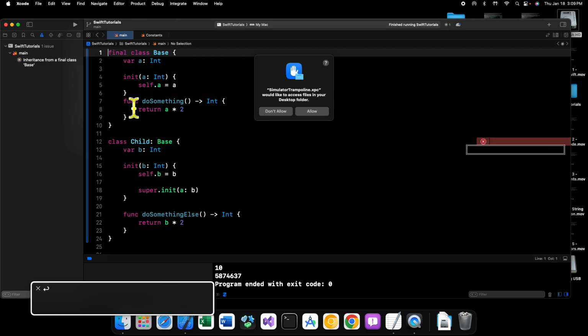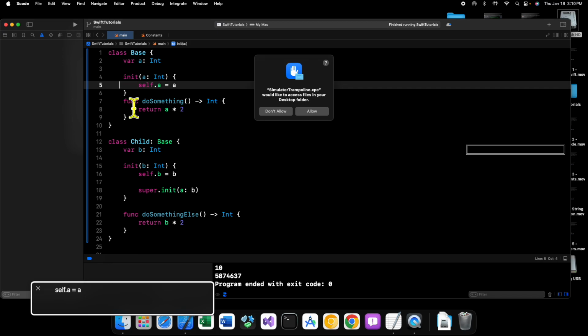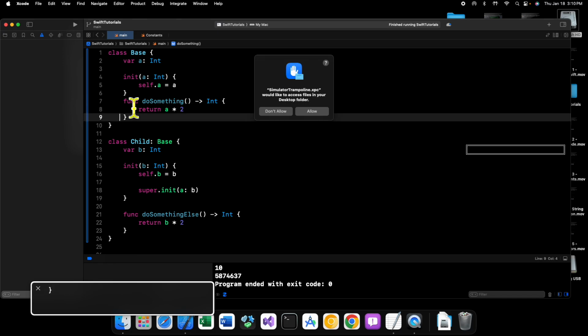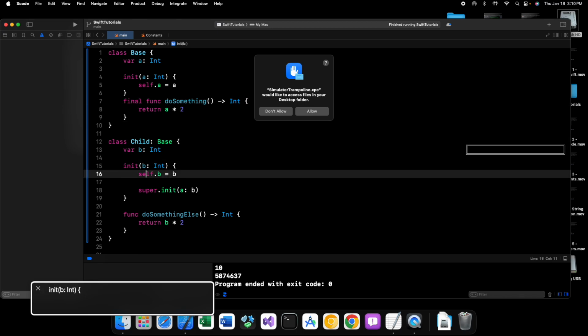Now, what if we get rid of final? You can see that error goes away. But what if inside of our base class we mark doSomething as final? So final func doSomething. Well, inside of our base, or rather our child class,